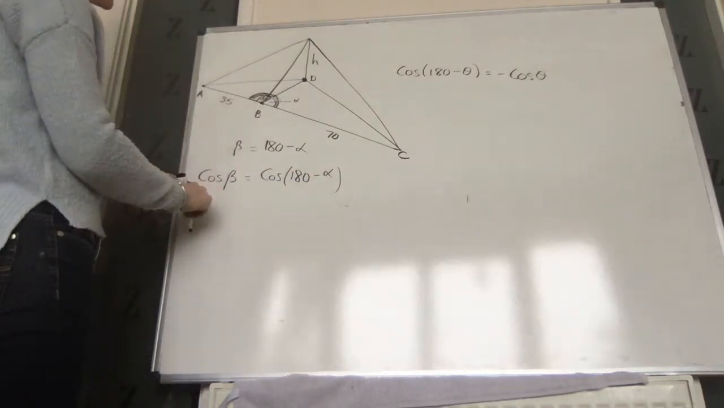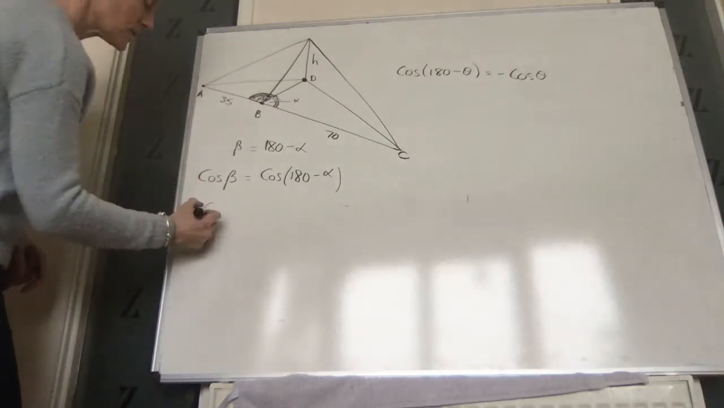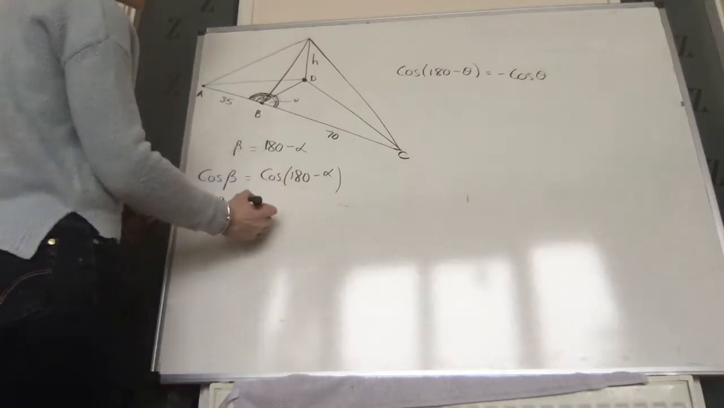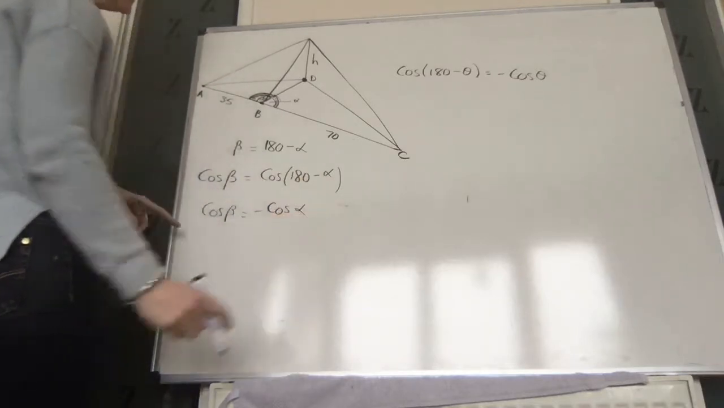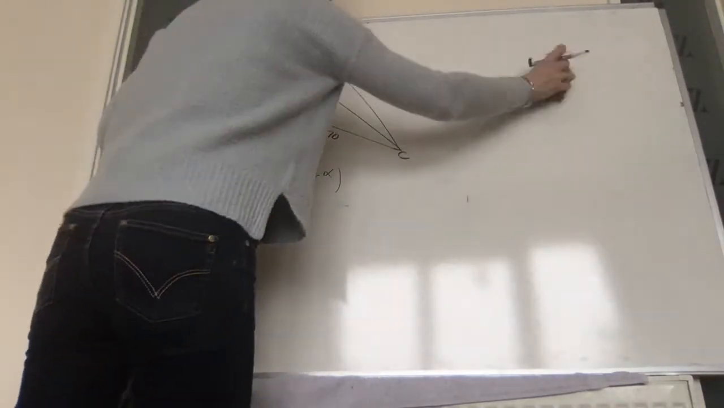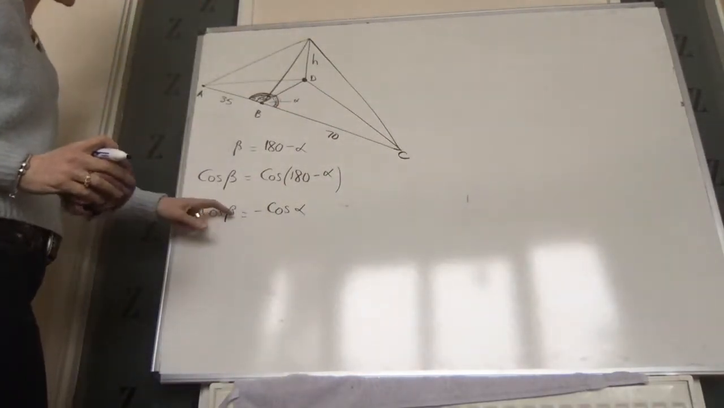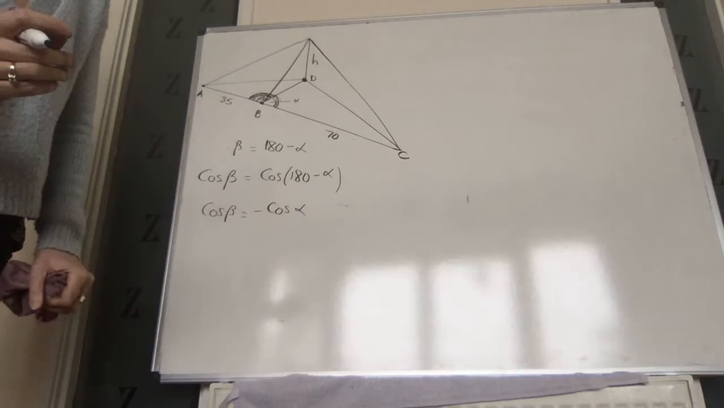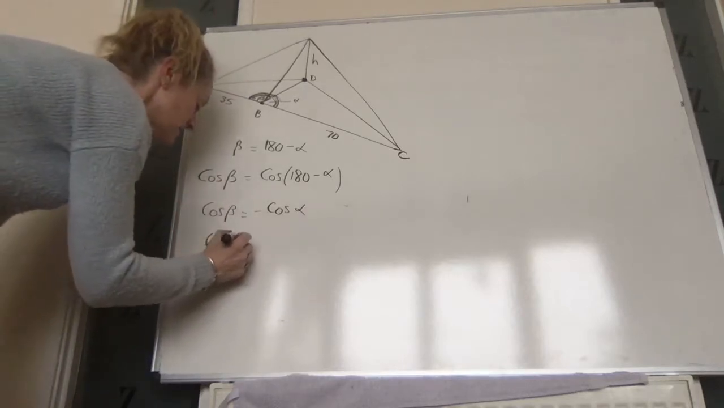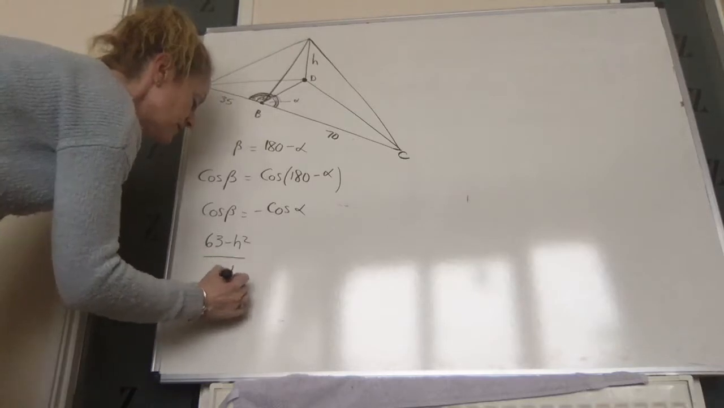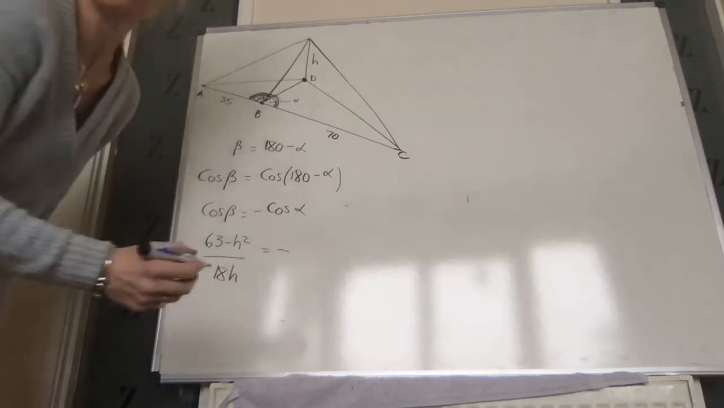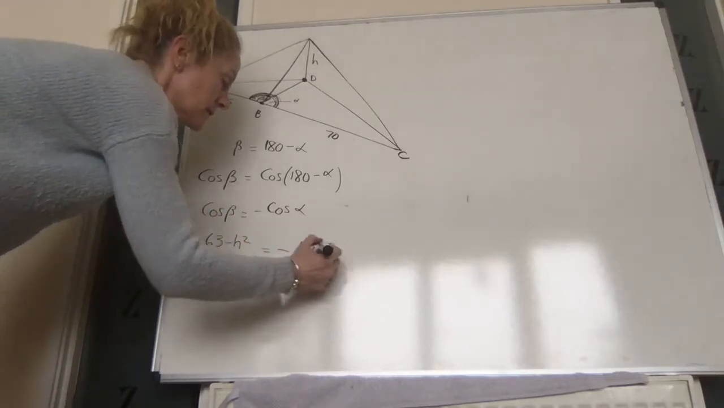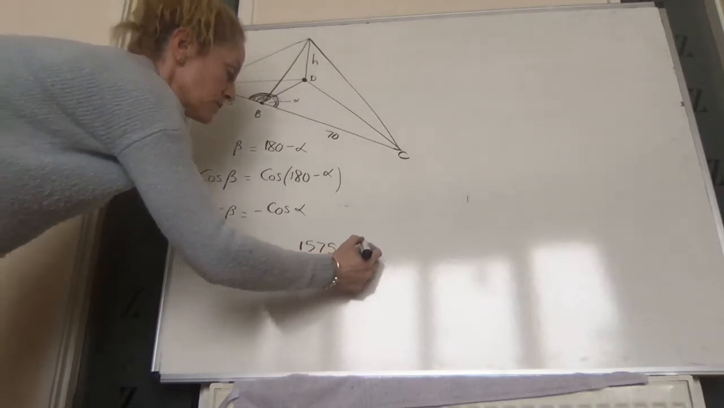And we've just worked out expressions for the cosine of beta and the cosine of alpha. But we've also just shown that the cosine of 180 minus an angle is just minus the cosine of the angle. Okay, so we're going to use that fact now because we've worked out an expression for this. I think it was something to do with 63. It was 63 minus h squared over 18h is equal to minus, and that one was 1575 plus 2h squared